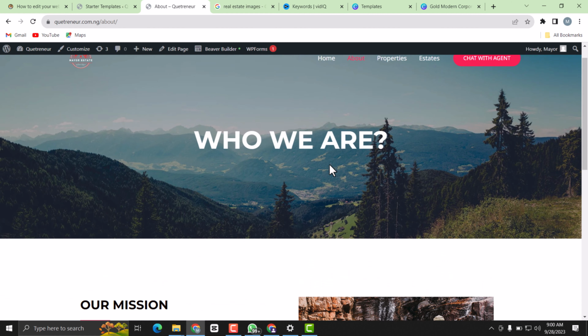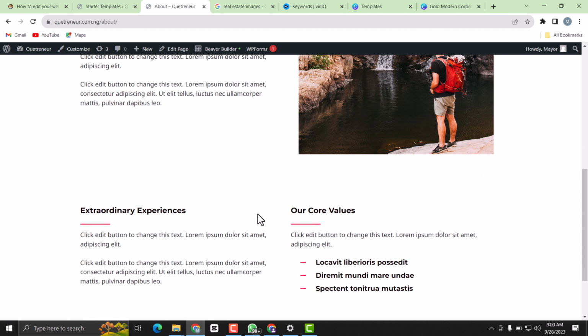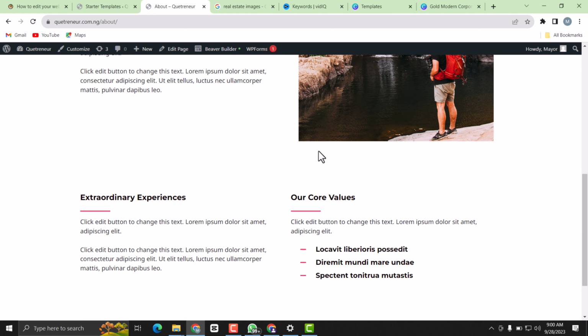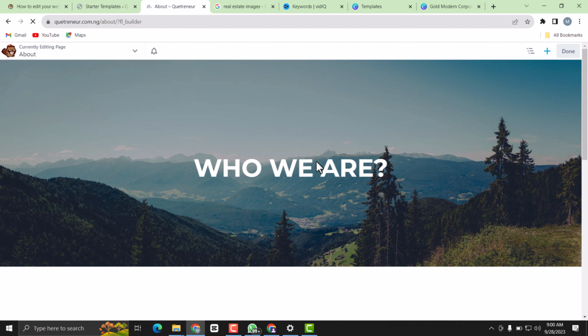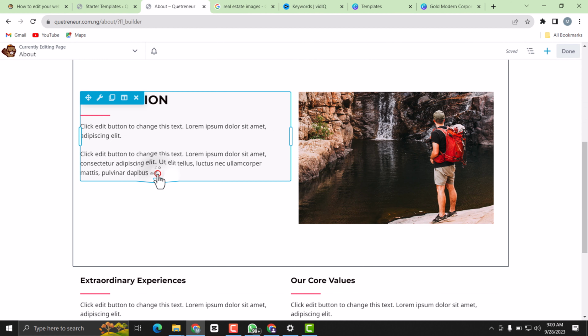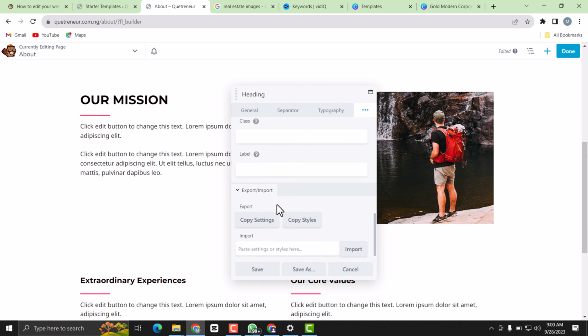So the same way that we have changed everything that we did in the home page, this is the same way you edit all this also. Then I'm just gonna click on this to quickly edit this right here. So remember, we cannot edit without using the Beaver Builder. So you come over to Beaver Builder anytime you want to edit any page. So who we are, our mission. So I'm just gonna quickly type in something to make it look